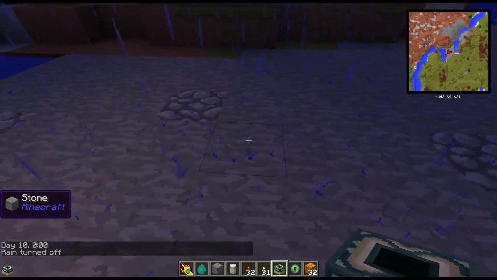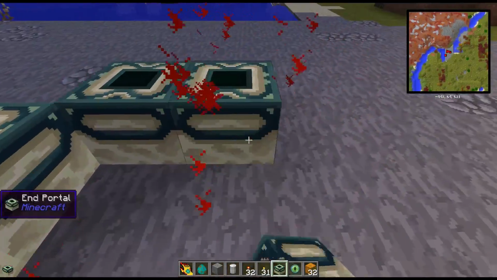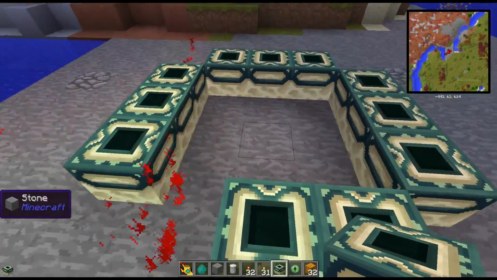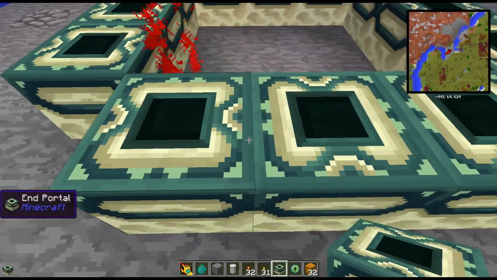Alright, so the trick to make your portal is to make it from the inside. So it's 3 on every side. The problem is it's not obvious that you have to do it that way, and people are having some issues figuring that out. So if you put it this way, you can obviously see the texture